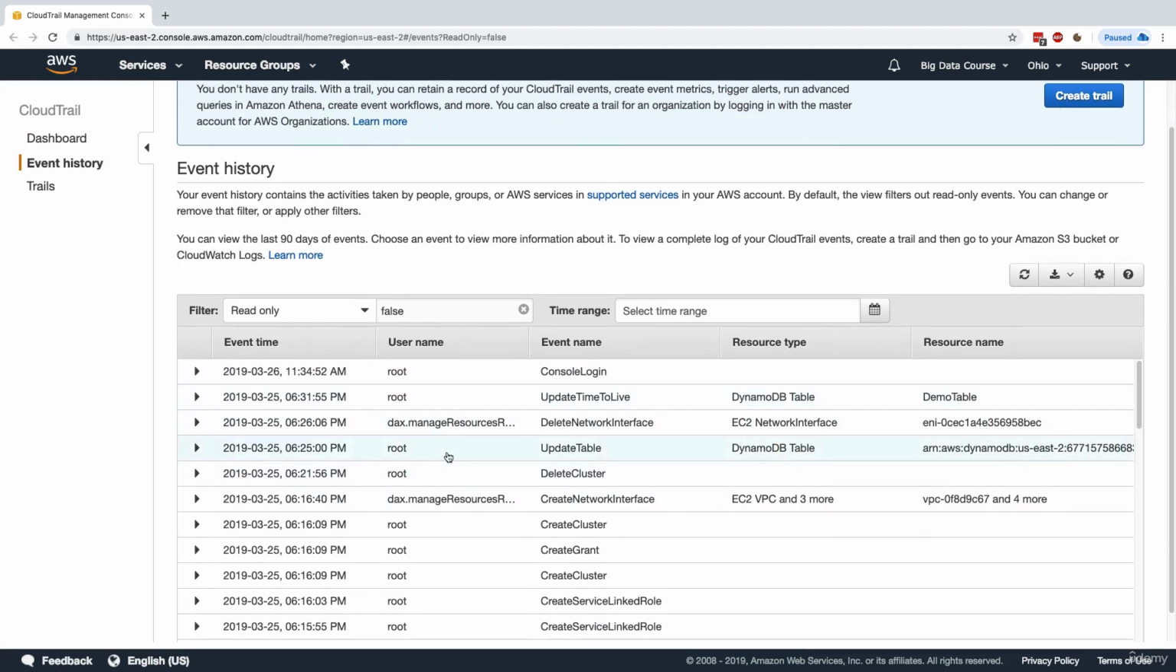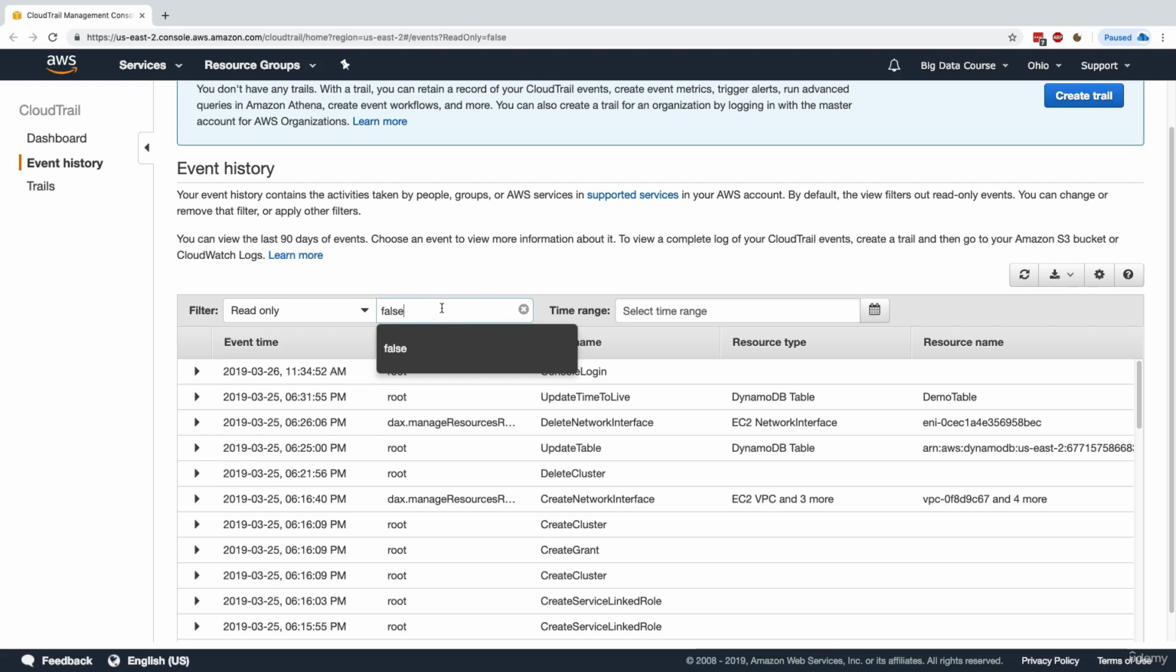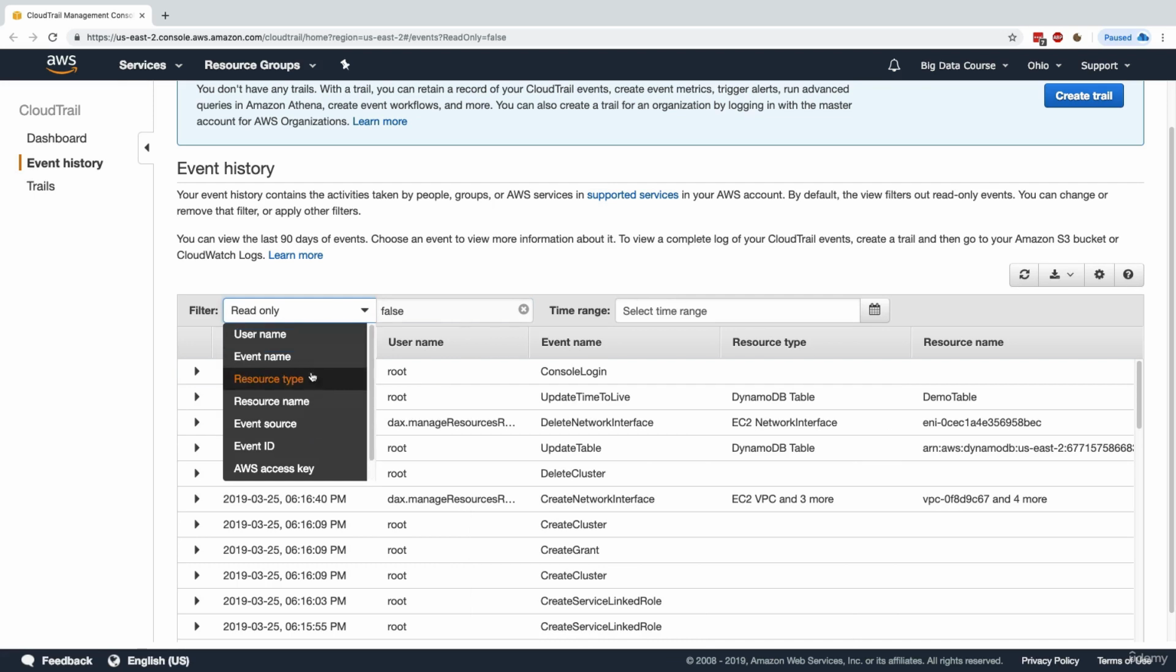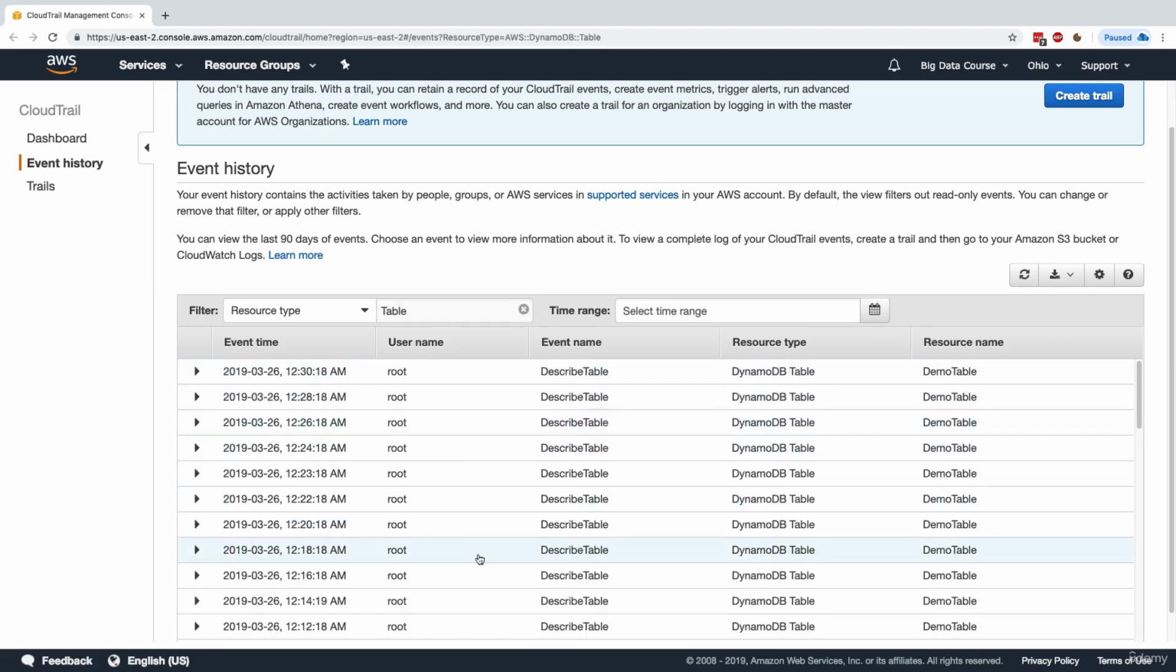So you can view all the events in there. And you're able to basically filter by read-only, event name. You can specify some filter. You can specify a time range. So you're really able to just see a lot of things. For example, we can do resource type, and then we'll do resource type equals DynamoDB. So let's just type in DynamoDB. Here we go, DynamoDB table, and it will give me all the events